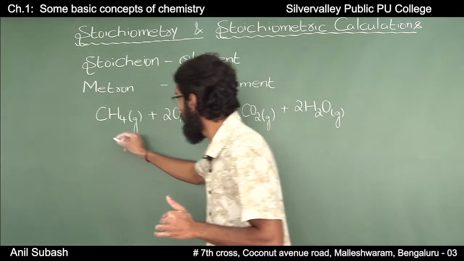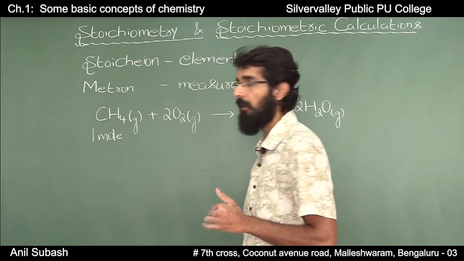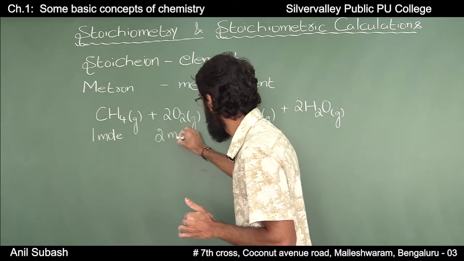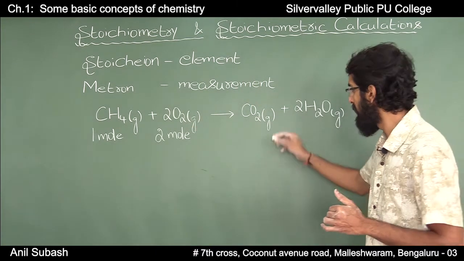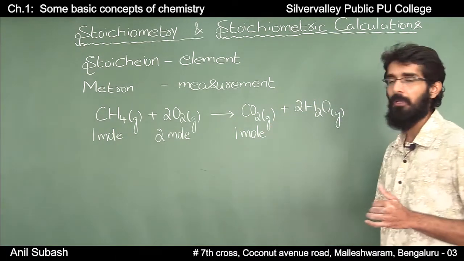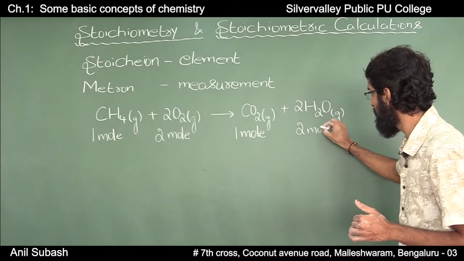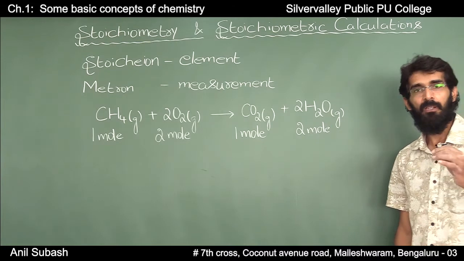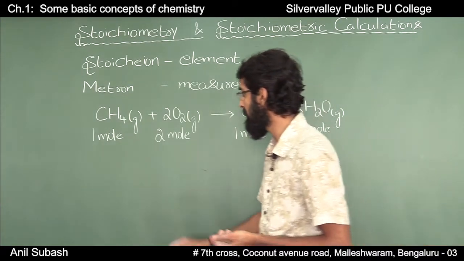That is, you have 1 mole of methane reacting with 2 moles of oxygen to give 1 mole of carbon dioxide and 2 moles of water, or in other words we can put it in this way,